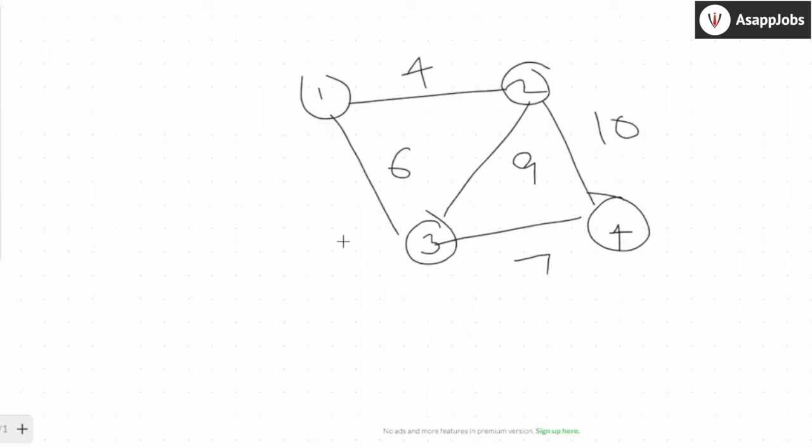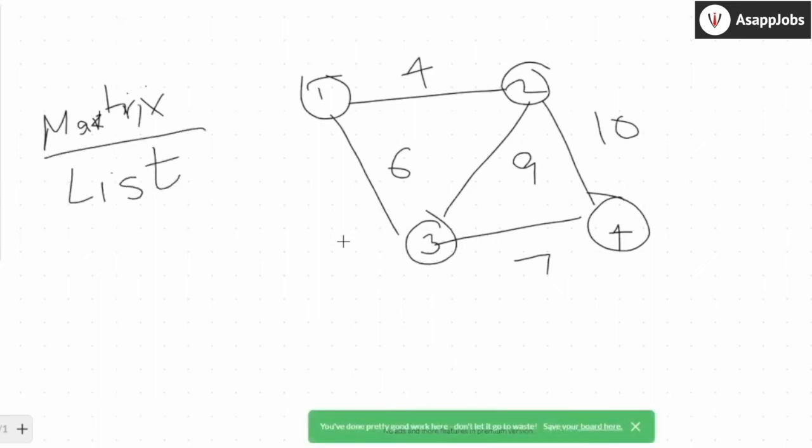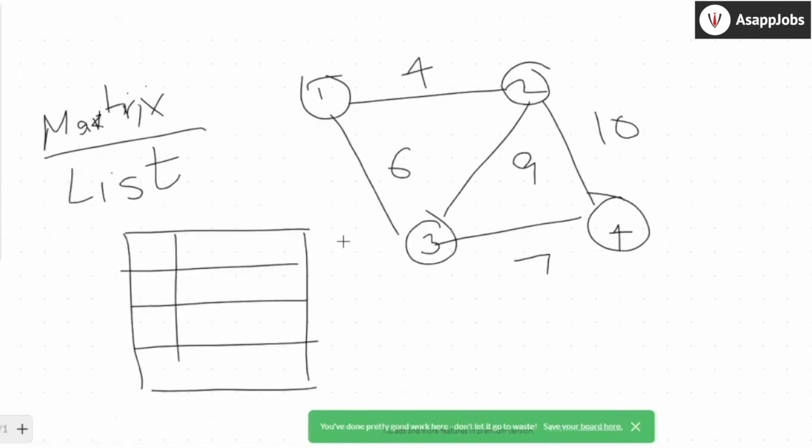So usually there are two ways to represent the graph. There are many multiple ways. You can represent it any way as you want. Usually there are two ways. One, you represent it as a matrix, a 2D matrix. Okay. And the other one is by list. Okay. So if I represent it as a matrix, I create a matrix with the size of the number of vertices. The number of vertices is 4, so I create a matrix of size 4. And then in the locations, I write the weight of the edge.